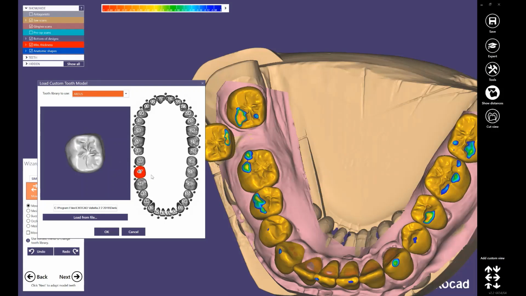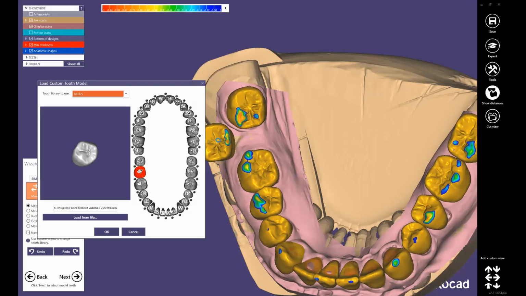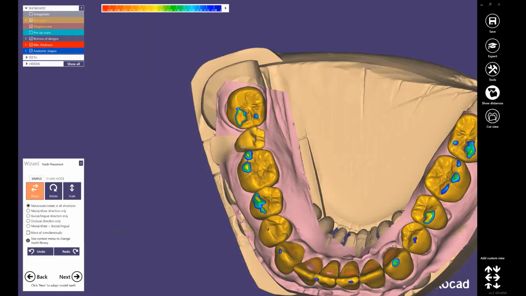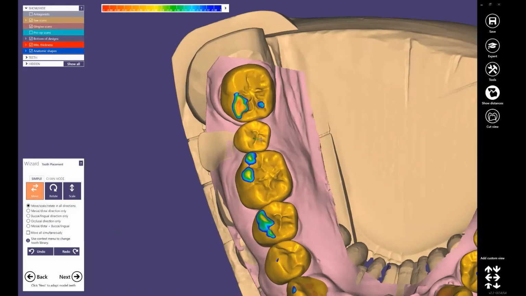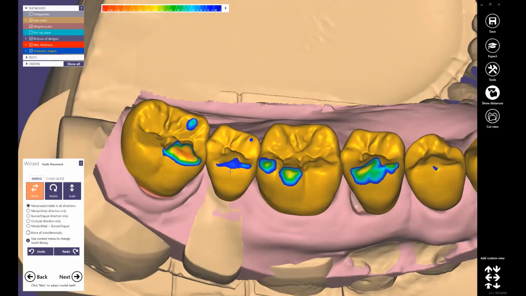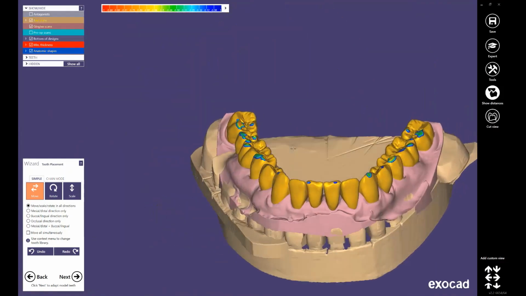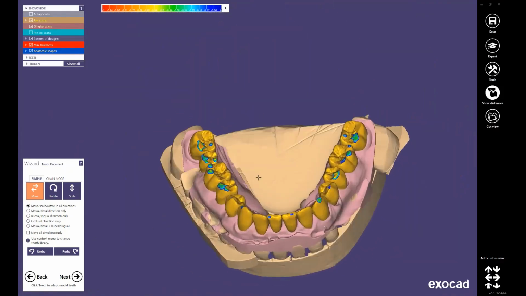So this is number 47. If I click on 45, now I have a second premolar, and if I click OK, really load model teeth, this will discard your previous design. You click yes. Right now, instead of a molar, I have a premolar here, which I'm going to be able to modify, stretch in any direction that I want, and squeeze inside these two teeth so I can make a bridge. This is another trick that I just explained to you in the tips module. Okay,